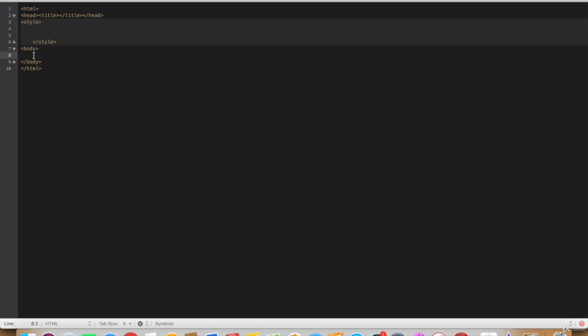We'll use a div in this case. So let's set a div and let's give it a class of triangle. We don't need to put any text inside. And for the CSS of triangle,